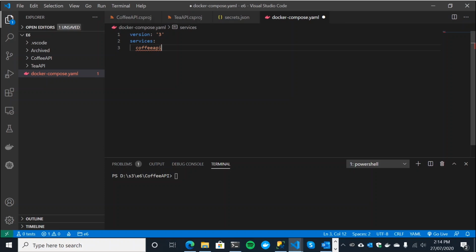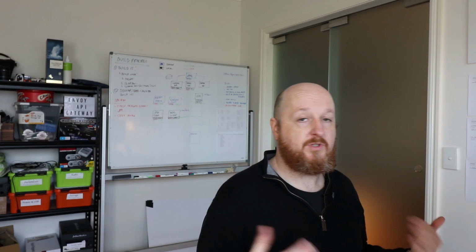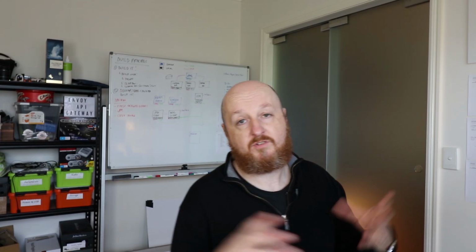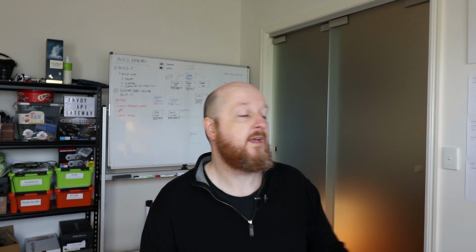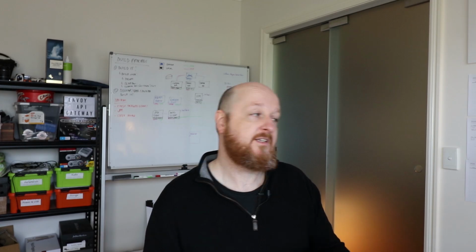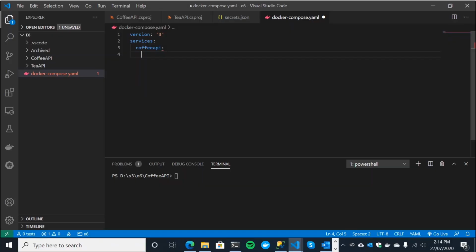I suggest you give this the same name as the assembly of your API. In this case, it doesn't need to be capitalized or anything, but do give it the same name, and the same name as the certificate as well. And then we just specify a number of parameters under it. Now, the main reason we're doing this is if we want to run all these containers at the same time, but also because we want to use HTTPS within our containers, we do need a bit of config, and it's just much nicer to do it this way.